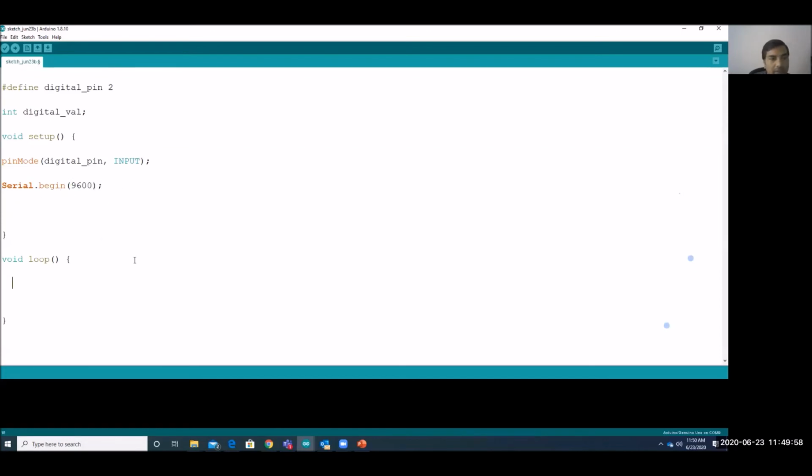Now to read the value, we write digital val equal to digitalRead of the digital pin. So from the digital pin we are reading the data. And also now we will write Serial.print digital val.